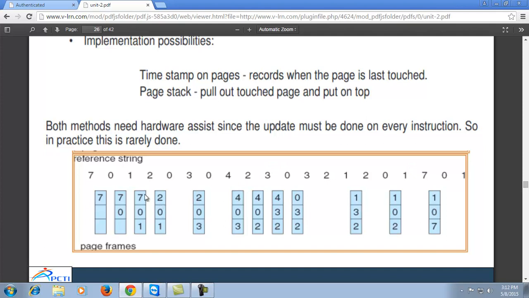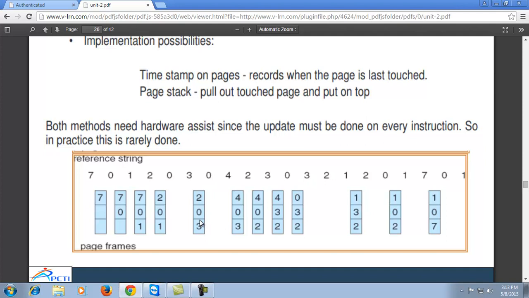So 7 is replaced with 2. Next is 0, which we already have. The next value is 3. Now 3 replaces 1, because 1 is not required in the upcoming series: 2 is required in the near future and 0 is the next one required, but 1 comes after some sequence. So 1 is replaced.